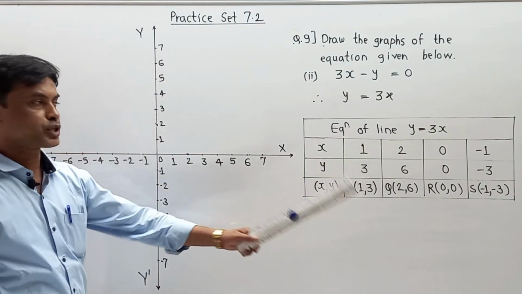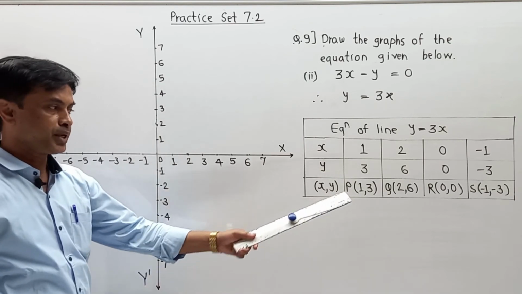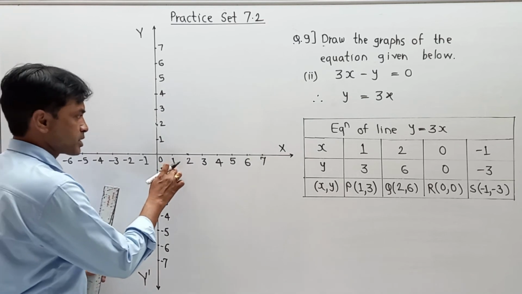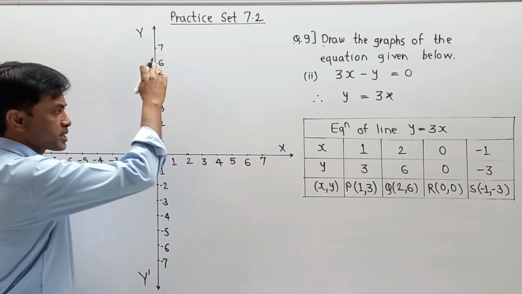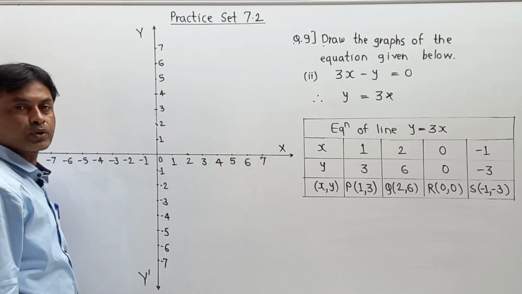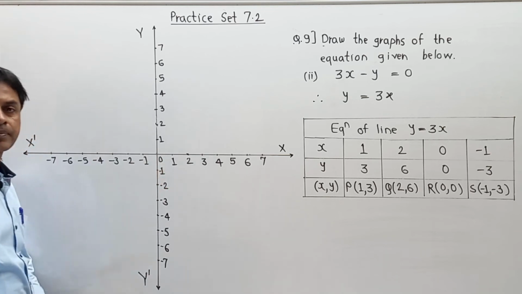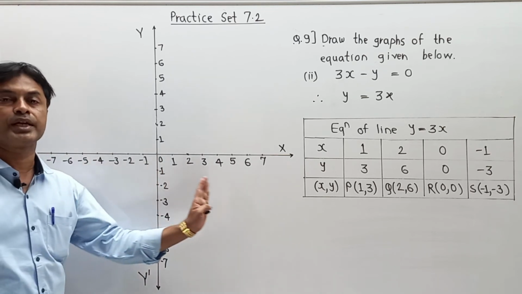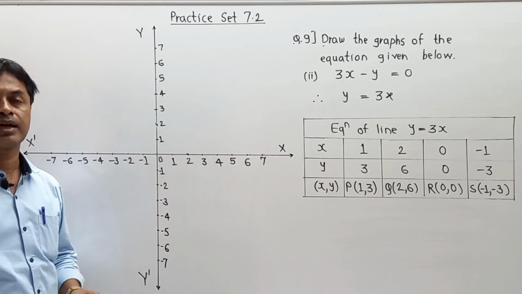We are going to indicate all these points on a graph paper. So now please pay attention on a graph paper. P 1, 3. The value of x is 1 and the value of y is 3. Remember, on your graph paper, not only the x-axis and y-axis we are going to draw, but the rest of the lines are already available on your graph paper. So simply you have to draw this structure only on a graph paper. As this is a whiteboard, you cannot see the intermediate lines because I have not drawn them. But in your graph paper, all such lines are available.